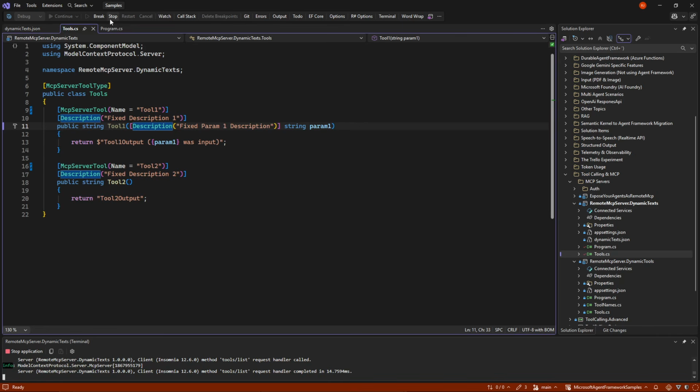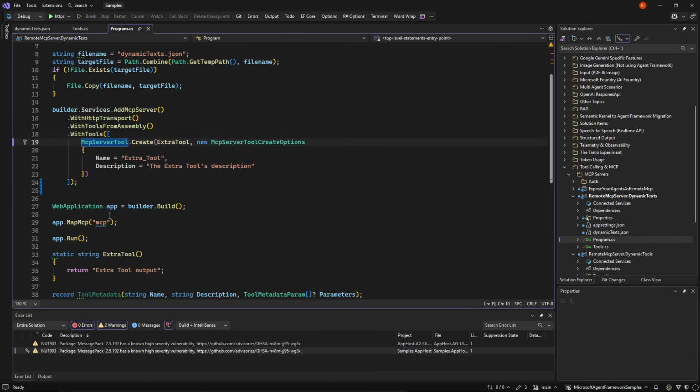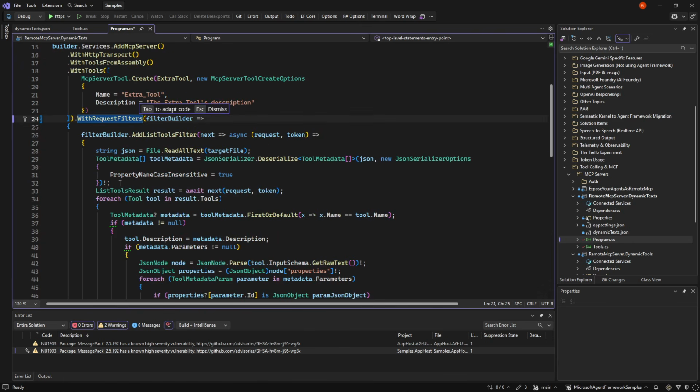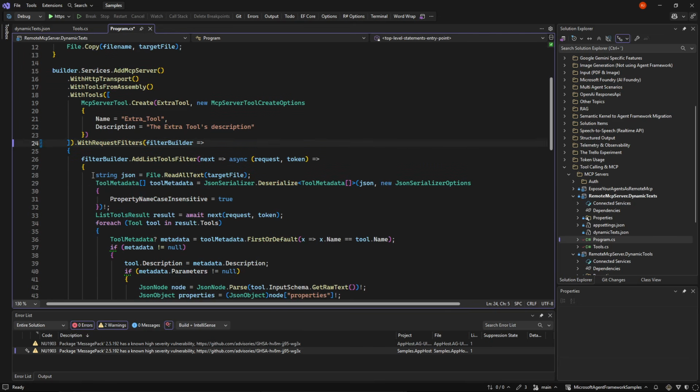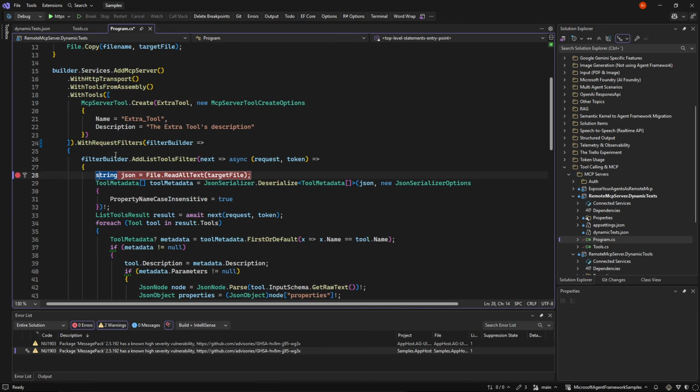And it is actually possible, else there wouldn't have been a video probably. But what we need to do is we need to, on the fly, change the tools. And we can do that by putting in a request filter. So let me go through what this does by just setting a breakpoint here. The request filters we have used before, you have seen the dynamic tools video. We used it there as well.